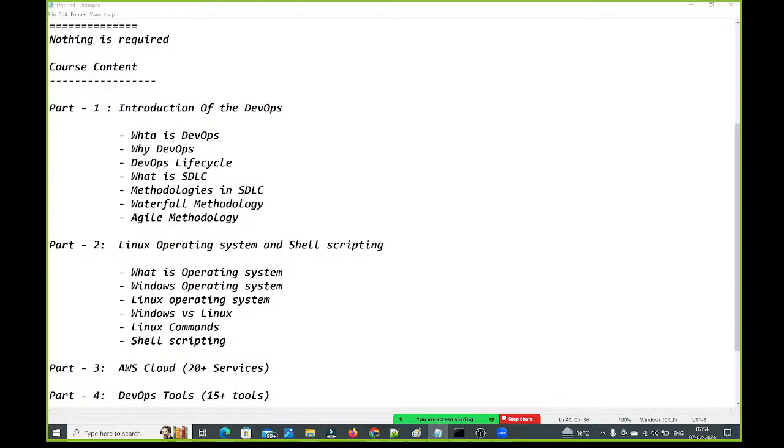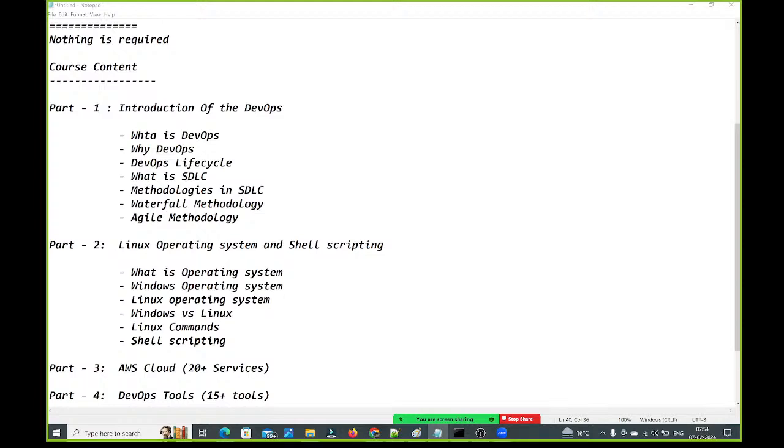Here, by using shell scripting, we will see how to deploy applications in a Kubernetes cluster and how to deploy applications in the Tomcat server. All those things we are going to discuss. Is it okay? By writing shell scripts we will do the deployments also. Don't worry, guys.